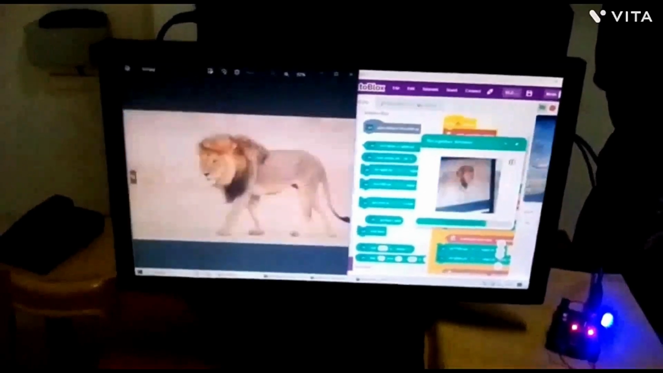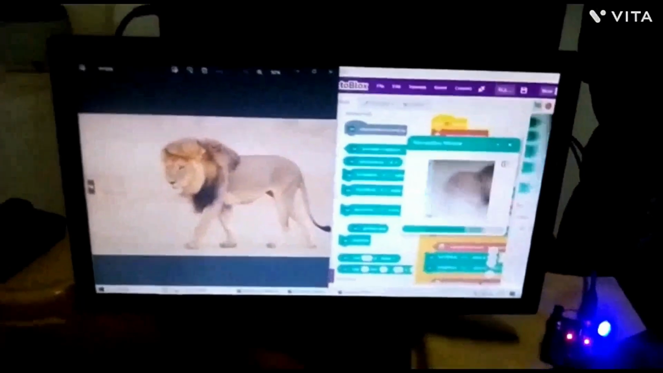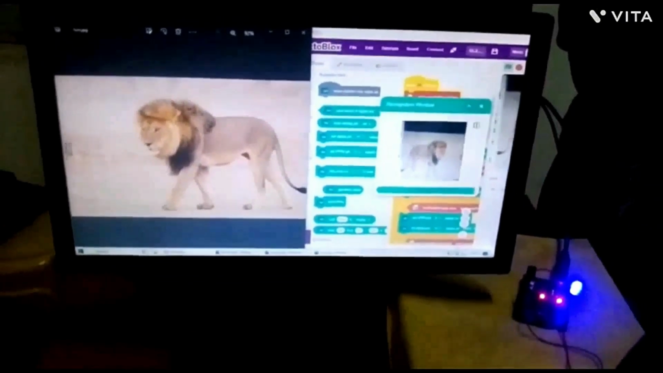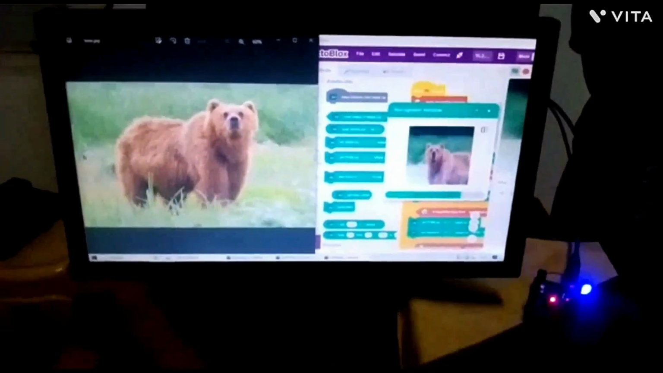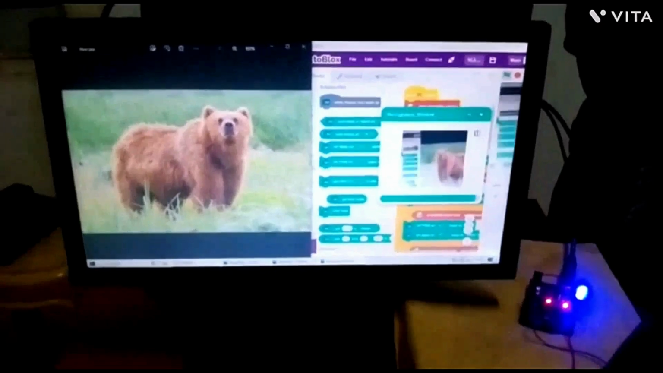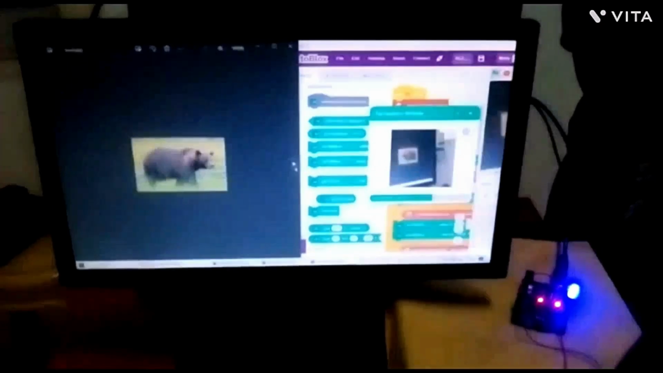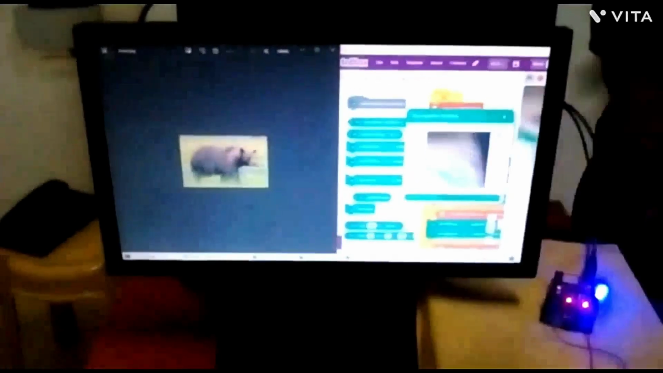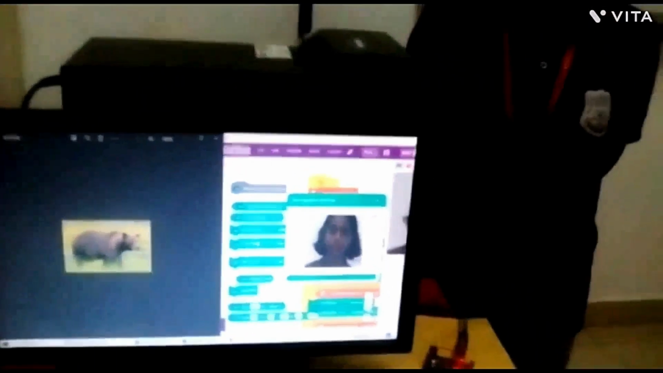So the next animal is the lion. If the lion is very close, it will be very fast. If it's far, it will be at a slower speed. The next one is the deer. If the deer is very close, it will be faster. If the deer is far away, it will be slower. For the human body,